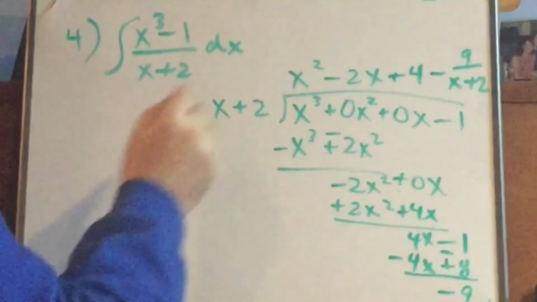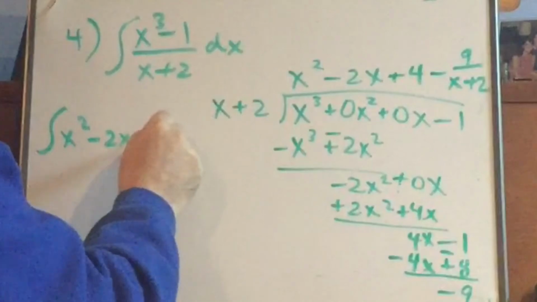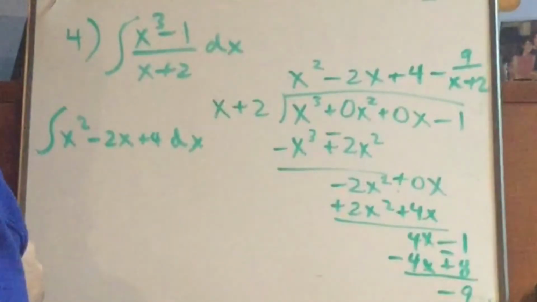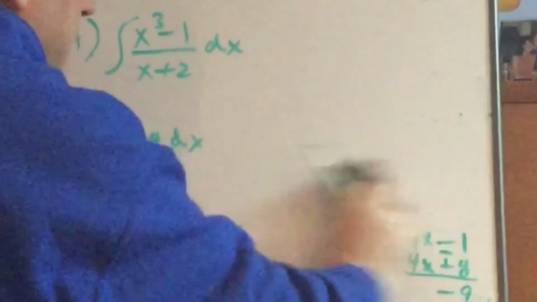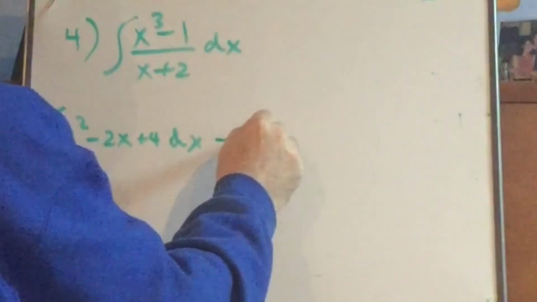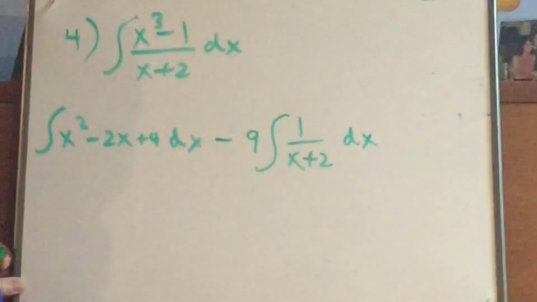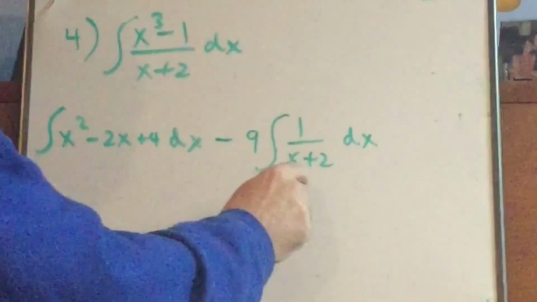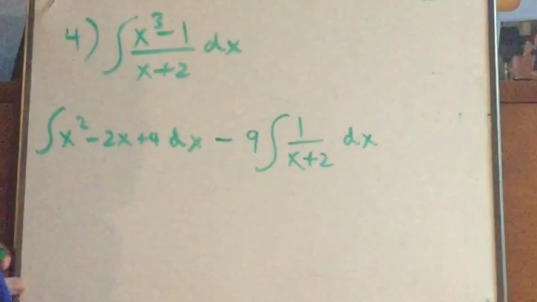So I'm now going to rewrite my integral as the integral of x squared minus 2x plus 4 dx. And once again, I'm just going to make a little bit more space here. Minus, and it was 9 over x plus 2, so I'm going to write that as 9 times the integral of 1 over x plus 2 dx. I'm not going to have to use u substitution this time because my denominator was already linear, so its derivative would just be 1. If it wasn't linear, you would have to use u substitution